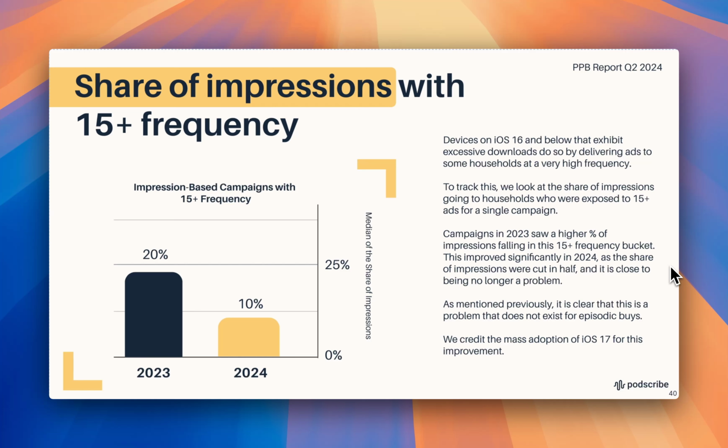So we'll continue to see what the drop in, we'll call high concentration campaigns, looks like over time. You'll see this for the next couple of benchmark reports. And the hope here is that that number gets as close to 0 as possible. iOS 17 doesn't fix everything, because some apps still have some high frequency things going on, but iOS 17 is clearly the major driver of high concentration. So that's iOS 17 and where we stand.